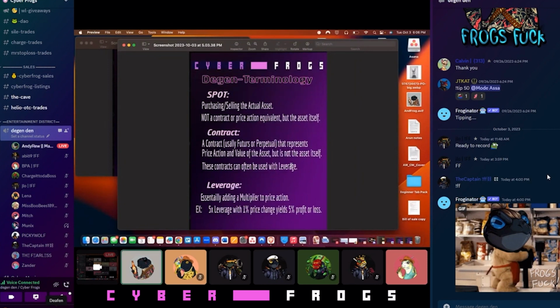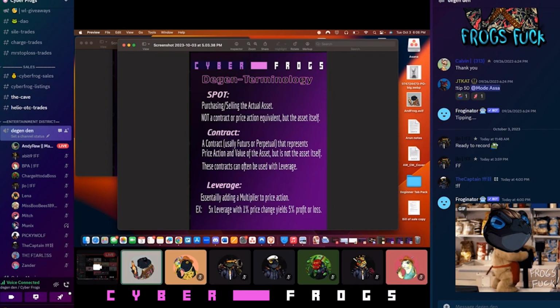Like Solana, you can stake it, for example. US dollars, you can put in a savings account, which we all know is shitty returns, but you can let that actual asset go to work for you. You're trading something that is, in our world, like a tangible sort of asset. So when we say spot contract or spot trading, that's what we're actually talking about: physically purchasing or selling the asset, Bitcoin, Ethereum, whatever it is.